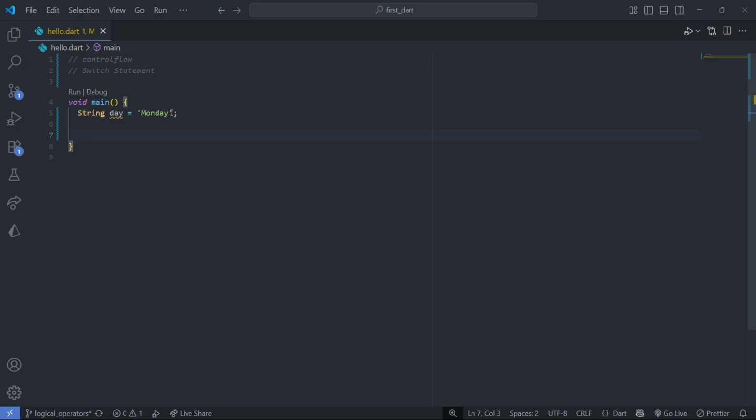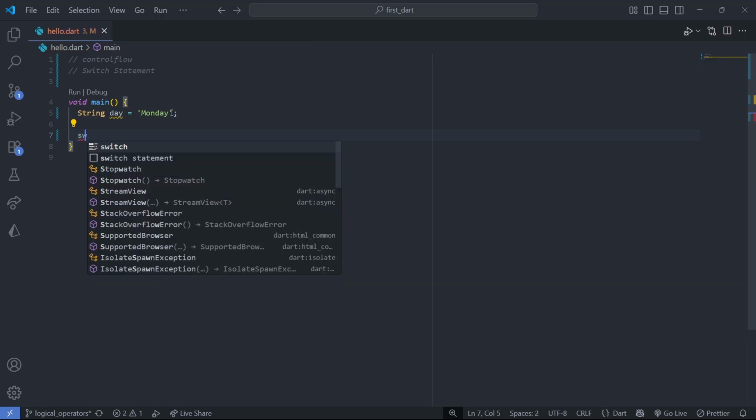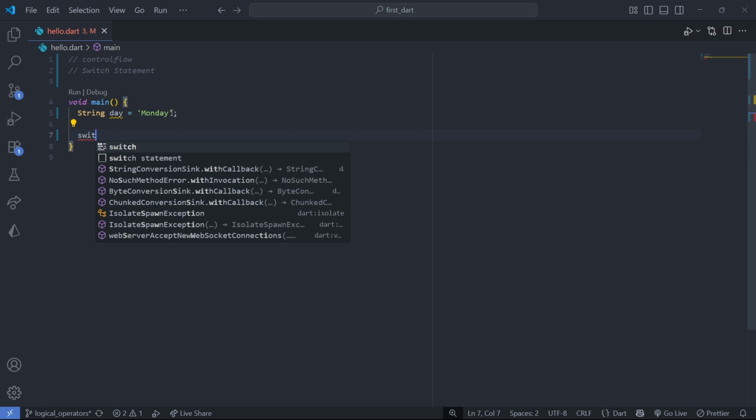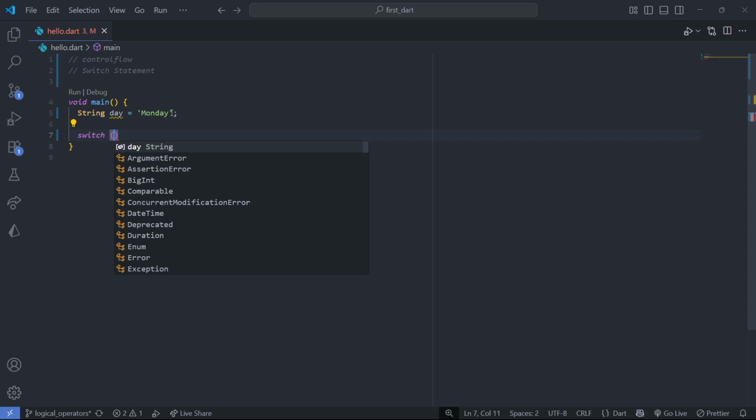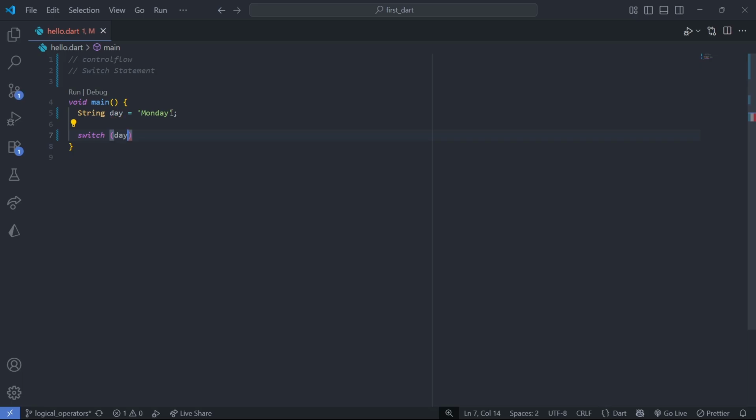Then if you want to switch the day, for our switch we're going to use switch. Then we need to have this day, open curly brace, for the case Monday,